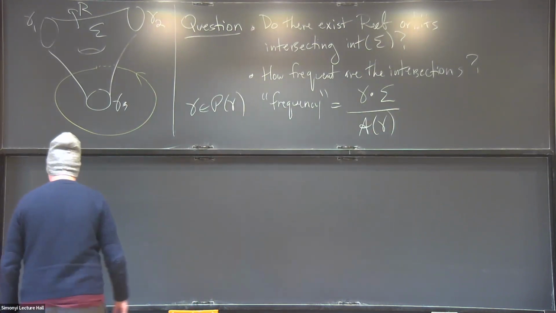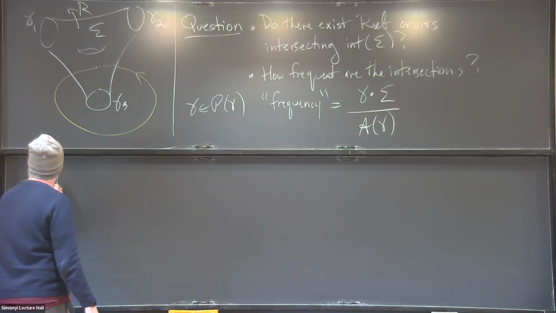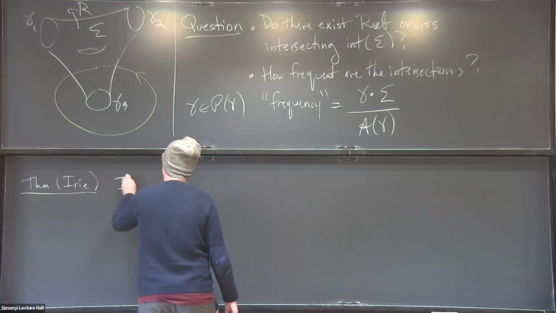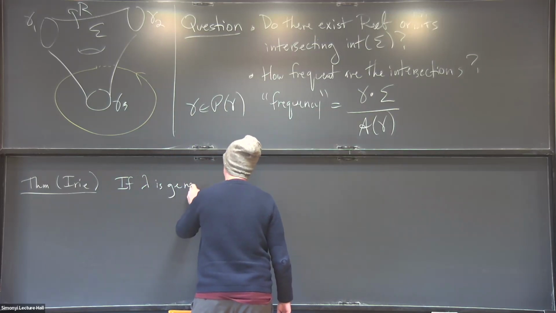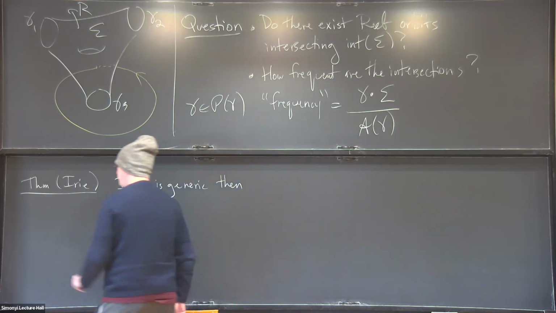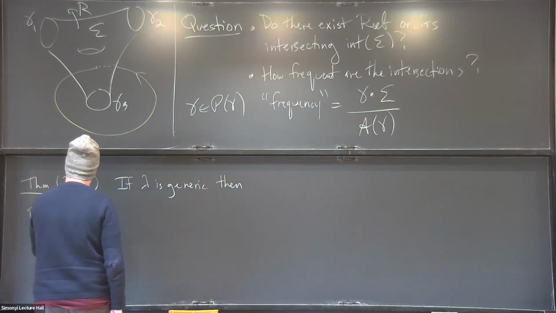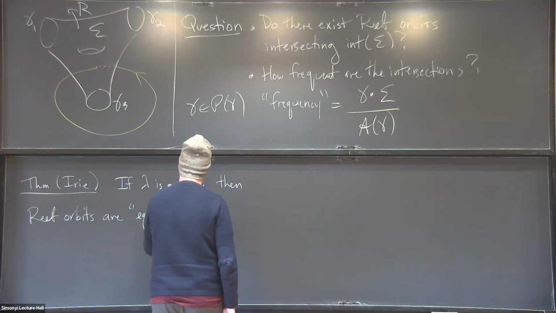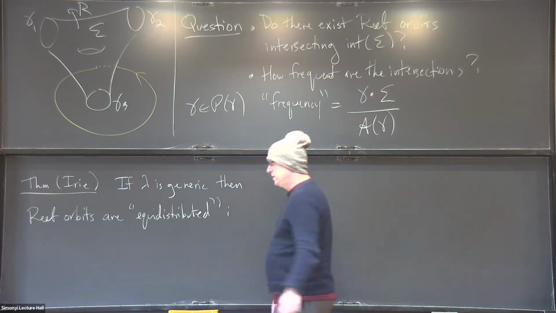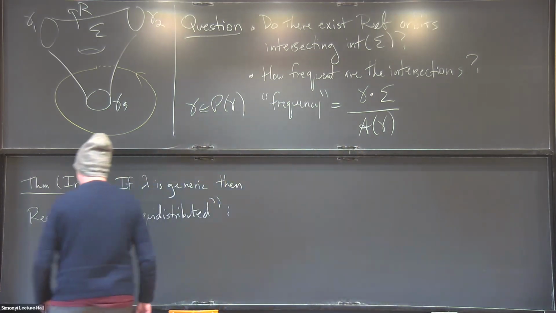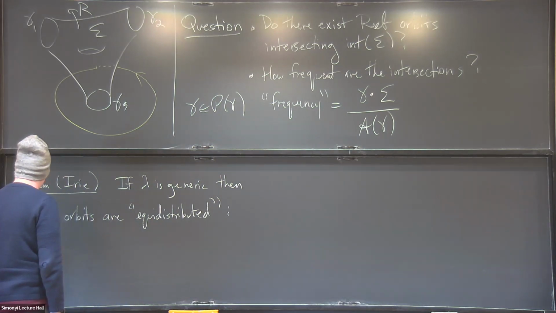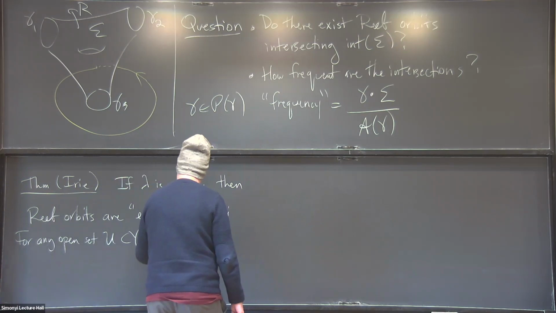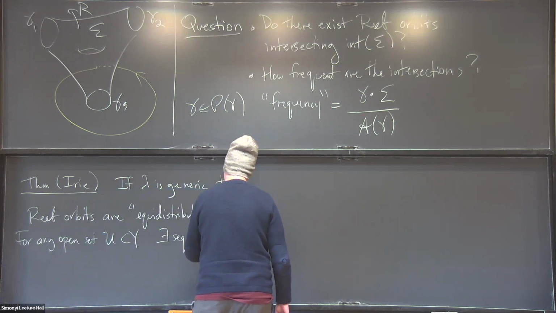There's a theorem of Fourier, which says that if lambda is generic, then the Reeb orbits are equidistributed. And what I mean by that here is that for any open set U in Y, there exists a sequence of Reeb orbits